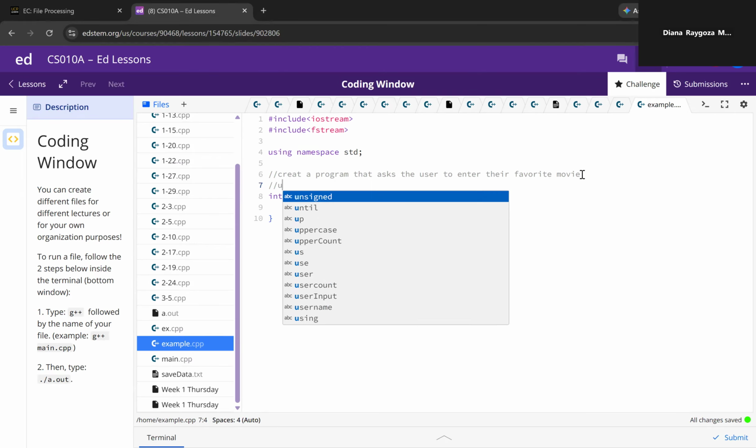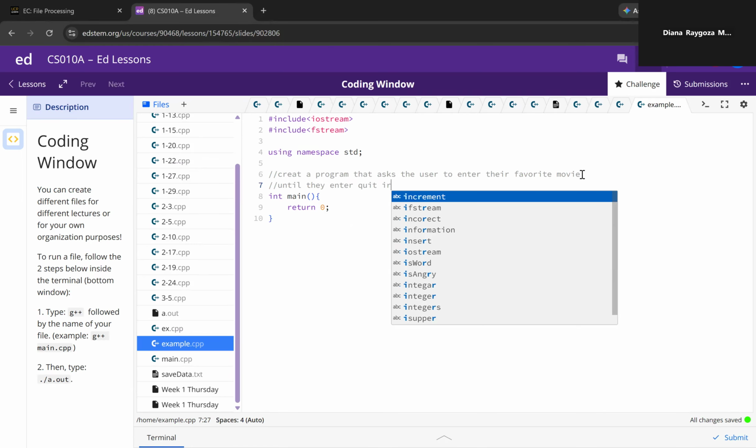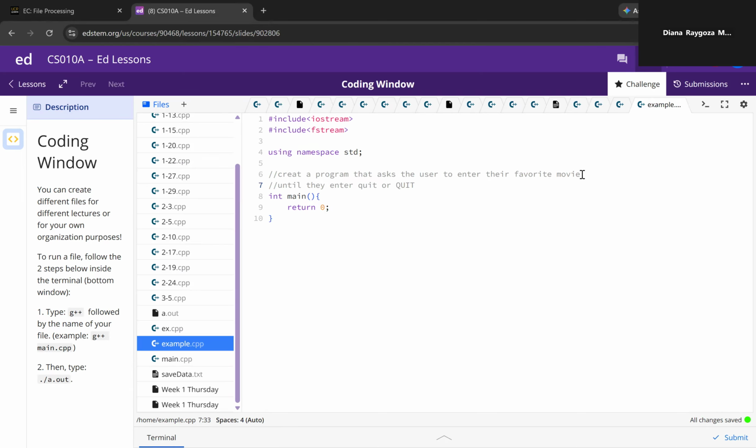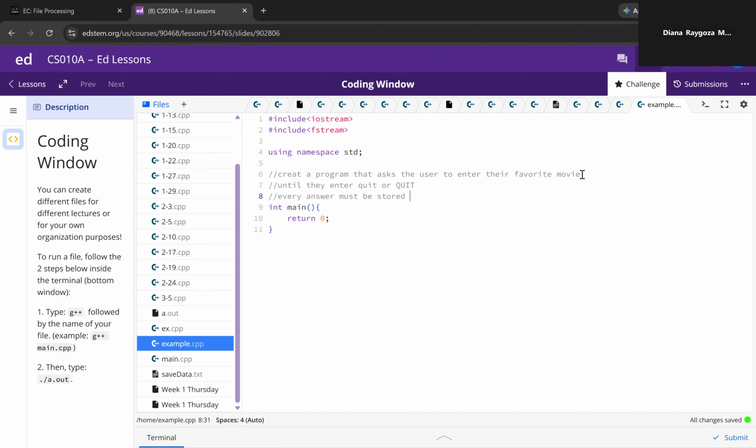Our program will run until the user enters quit, again quit, but all capitalized. So every answer must be stored in the other file we created, which is save data